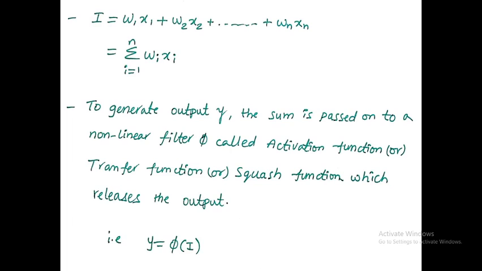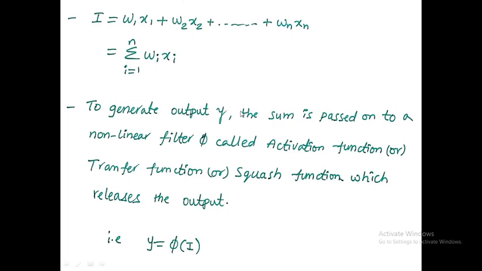All the input neurons are multiplied with their connection weights, and all together if we sum them, we get the weighted sum, which is equal to the summation of wi xi, where i is equal to 1 to n. That means we have n input neurons and n connection weights. To get the output, which we call y,